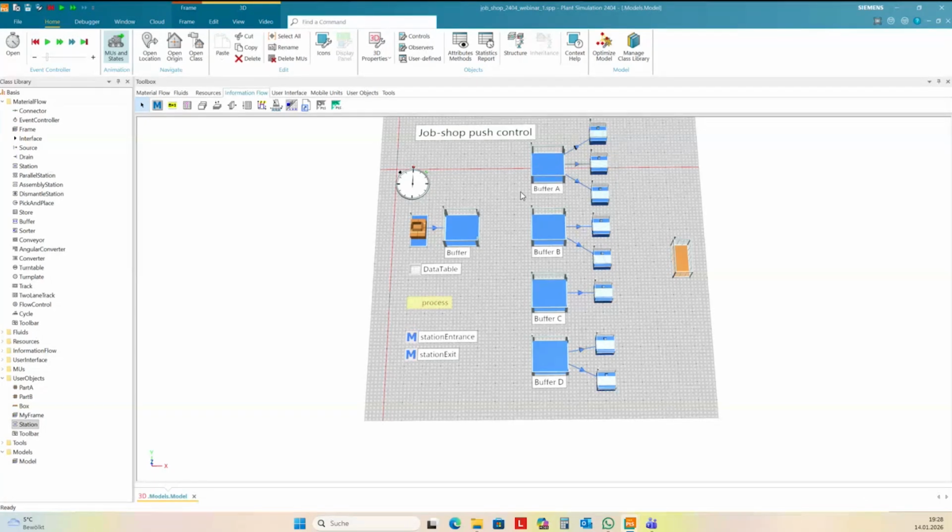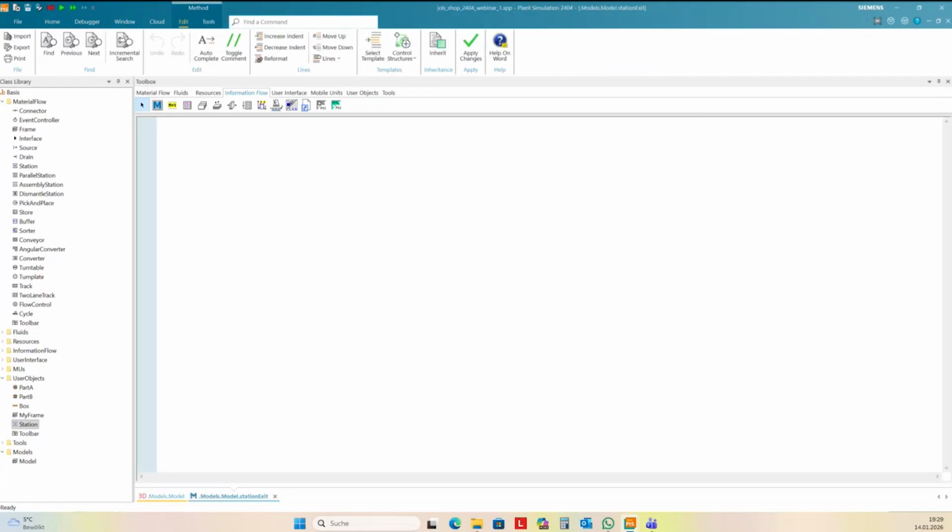If the buffer isn't full, I need to wait until the buffer isn't full, and then I can move the part to the right buffer for the right shop. And so we need some lines of SimTalk. So first I increment the OP.